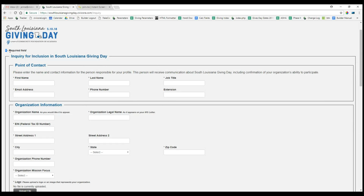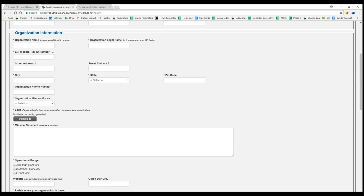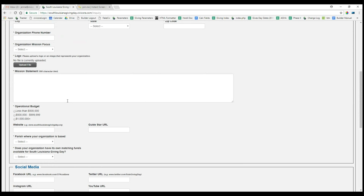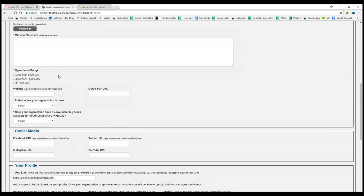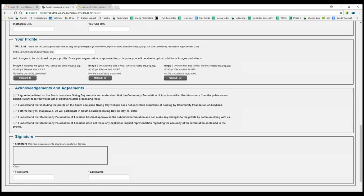A lot of this should be pretty basic information that you should have readily available, but more or less you'll need to provide a point of contact for the event. This person will be receiving all the email communication and things like that from the system. Some basic information about your organization, your name, EIN number, address, things like that. Mission statement, operational budget. You'll have the opportunity to input some social media links, and then some basic acknowledgments, agreements,